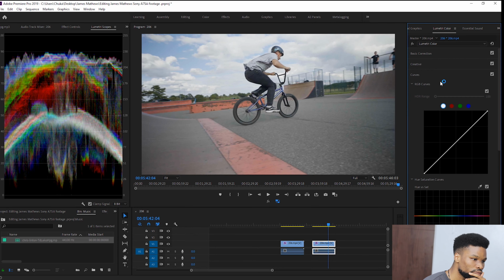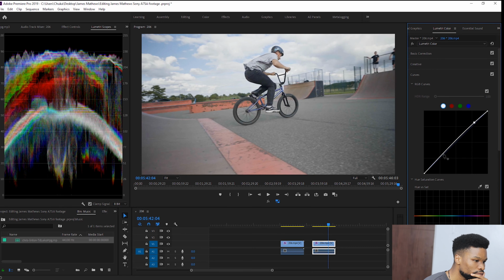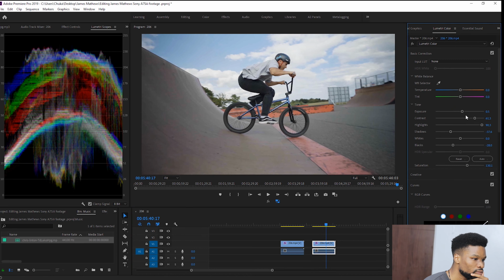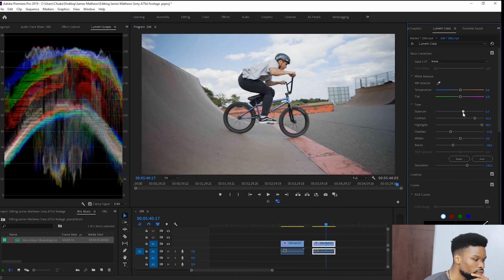Then let me go to curves and do a slight S curve. Tiny S like this. Take the exposure up a bit again.